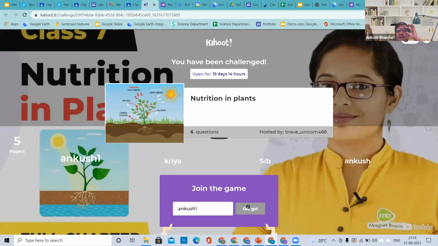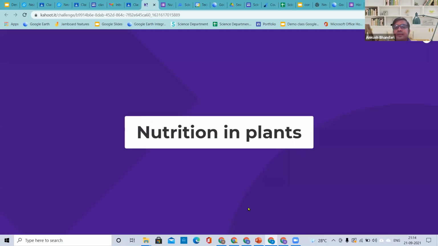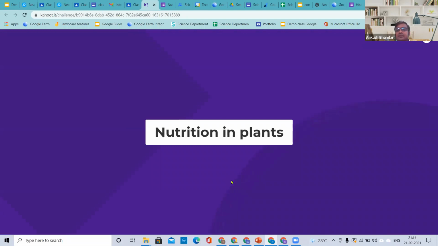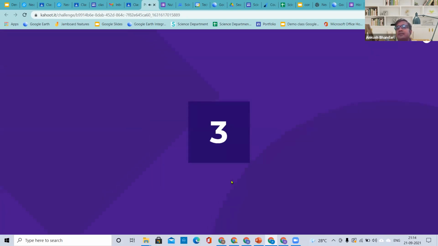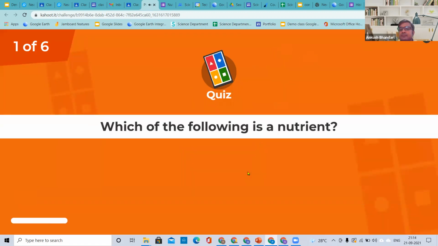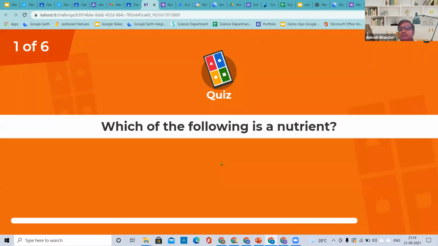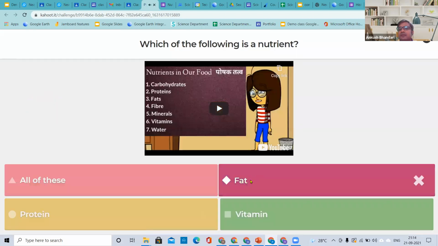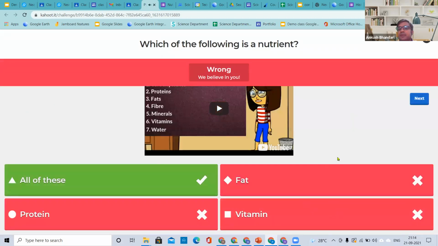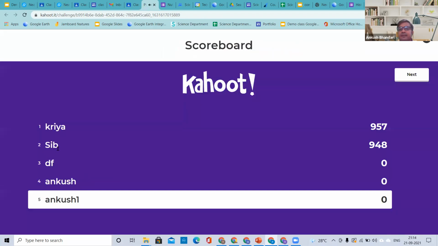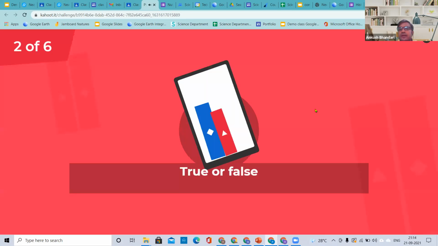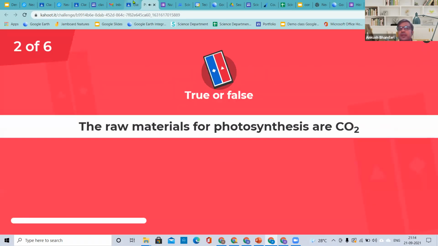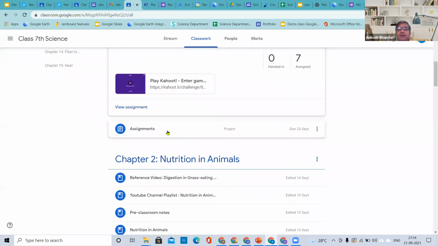Right, so now here we are gamifying the quiz, something like this. So sometimes nowadays students love this kind of quizzes. All right, so something like a completely like a video game. It will start playing, and it is showing the score. I can move the next, true or false. So similarly, it will happen right for all the quizzes.